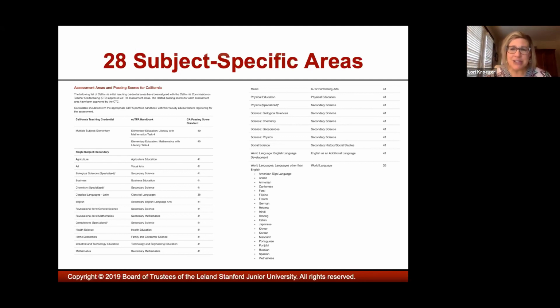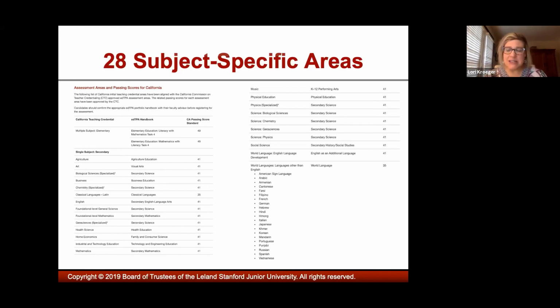A couple things to note here. If the candidate is earning their credential in multiple subject elementary, they have two handbooks that they will select from, either the Elementary Education Literacy with Mathematics Task 4, or the opposite, Elementary Education Mathematics with Literacy Task 4.